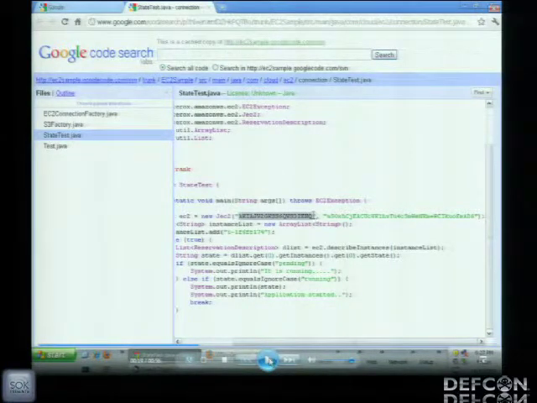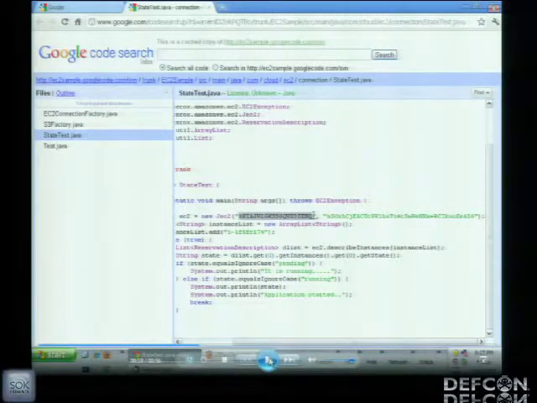And of course, if an attacker were able to get access to these keys, they could put up new servers on someone else's dime, or they could find sensitive information potentially exposed in their S3 storage. So we see here in this Google Code project, EC2 sample, in the file statetest.java, someone has gone ahead and embedded their Amazon EC2 keys,